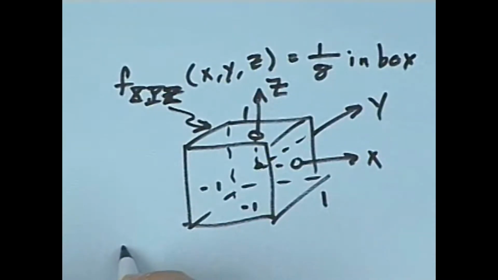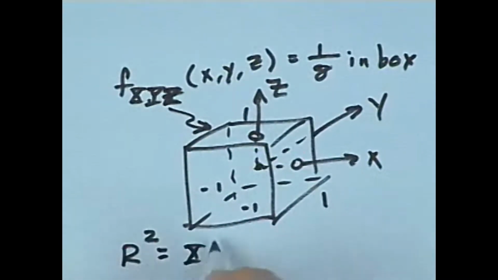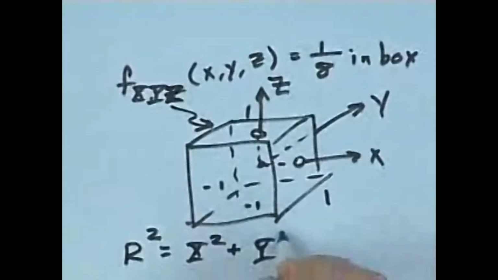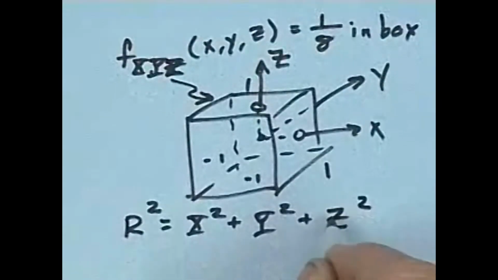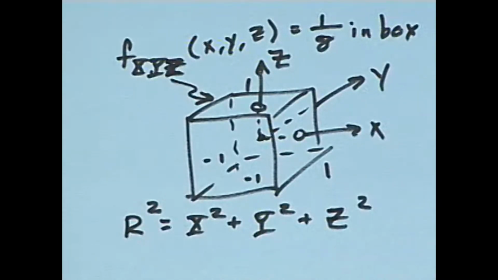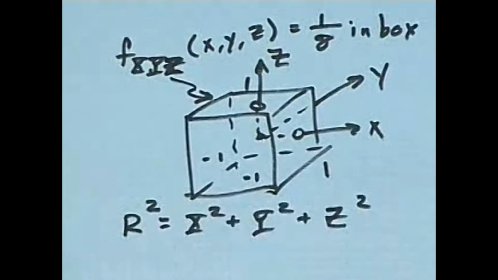Now we have a new random variable, r, which is equal to x squared plus y squared plus z squared. Motivation for this, by the way, is in that ideal gas problem where we have the x, y, and z velocity. We have the density function for the x, y, and z velocity, but we're not interested in that. We're interested in the speed, which is the magnitude of the velocity. We would do a random variable transformation of this type. Of course, in an ideal gas, we wouldn't have a uniform density function, but nevertheless, the idea, I hope, is there.